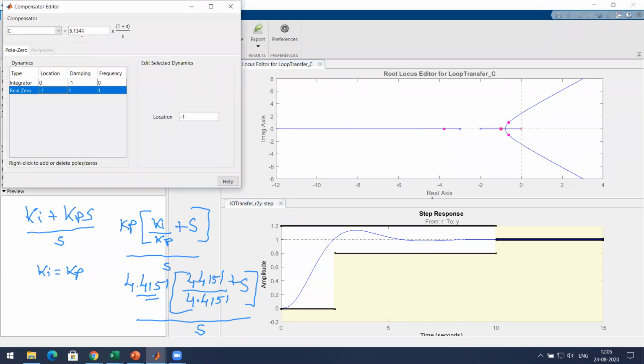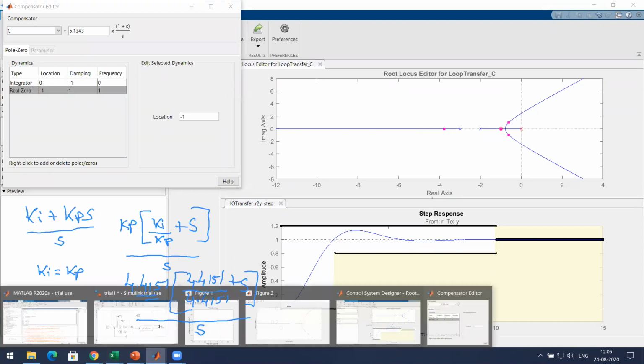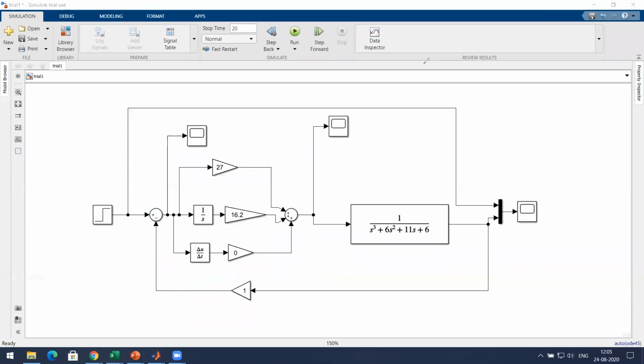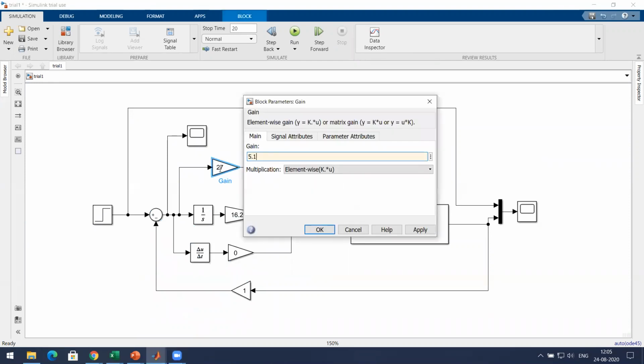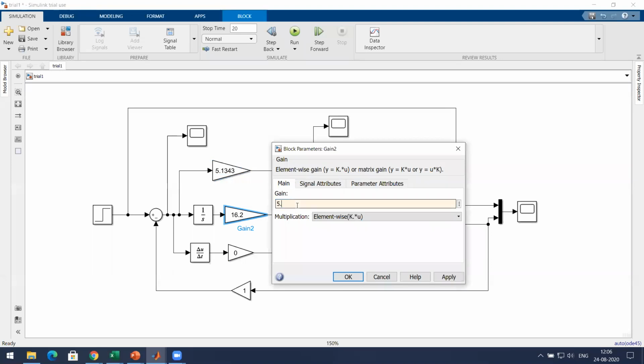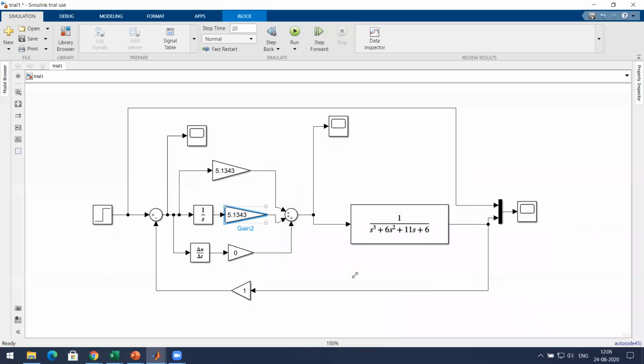note down this 5.1343. Now I'll go to Simulink and give this value. KP is equal to 5.1343, and KI I'll also give as 5.1343, and KD is 0 because we are designing a PI controller.